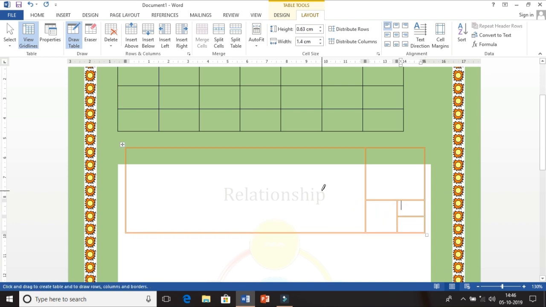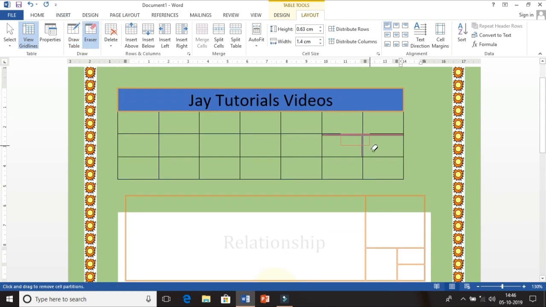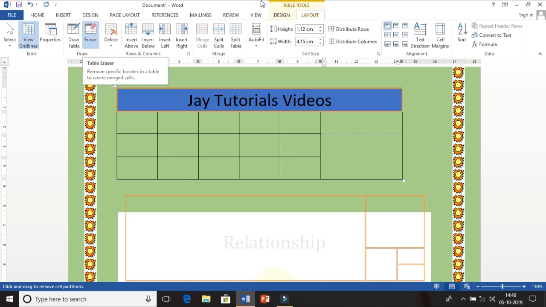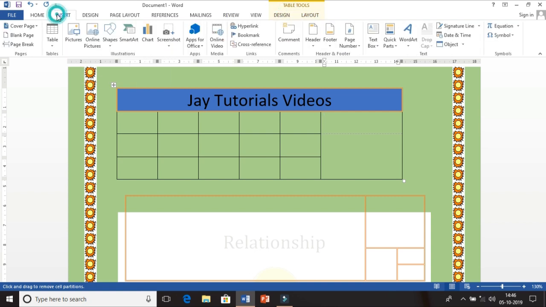So any type of table you want to create with unequal sizes, the draw table option is very good. Then there is an eraser option. Suppose you have created something and now you don't want it, that particular area you can delete by using this eraser option. It is available in the table tools only. Okay, so this is all about the table option.